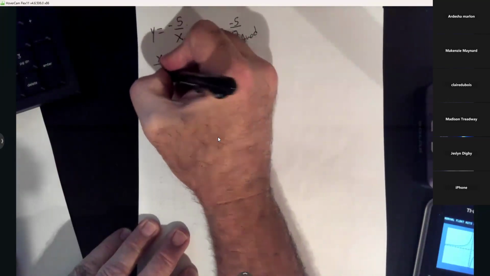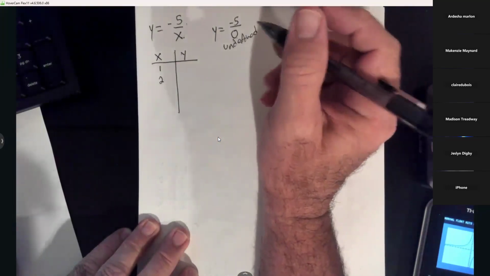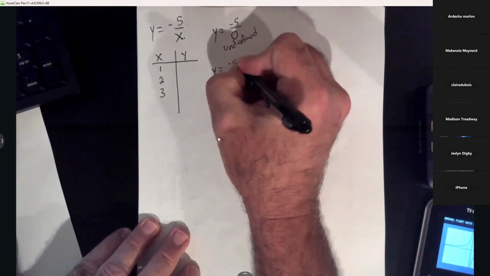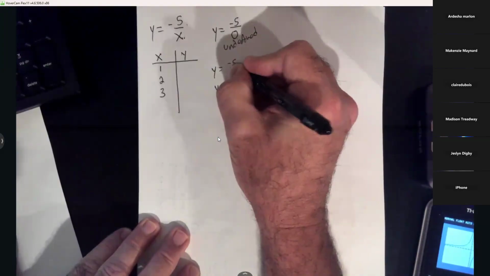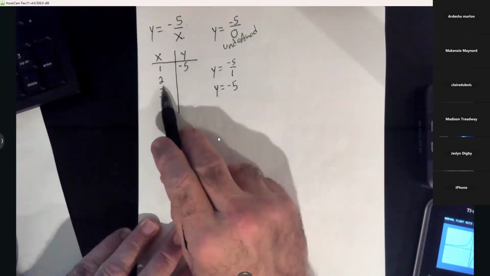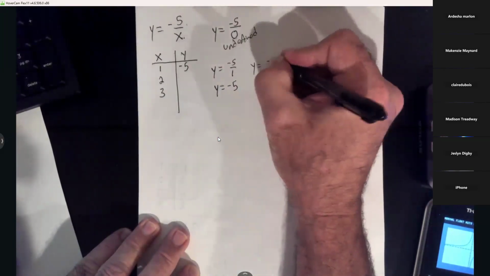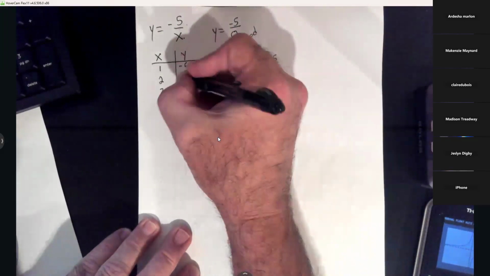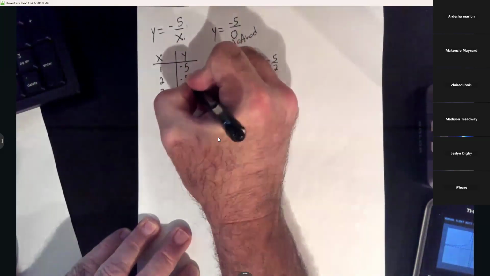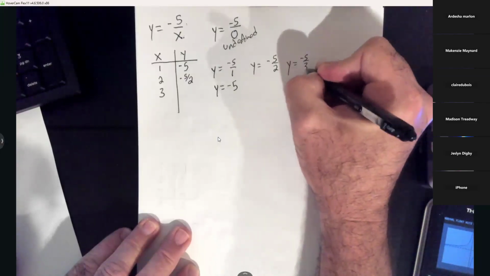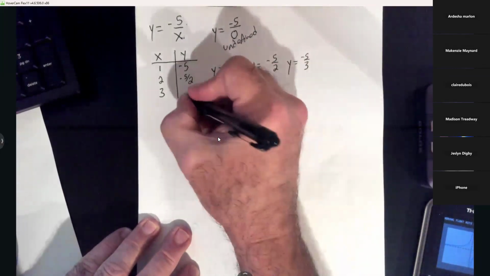So I would use numbers like 1, 2, 3, just to show you what's happening here, okay? So if I put a 1 in here, I get -5 over 1 is -5. And if I put a 2 in there, well, -5 over 2, you can't do nothing to that, so that's going to stay a -5 over 2. Same thing with a 3. If you put a 3 in there, you can't do nothing with that, so that's going to stay a